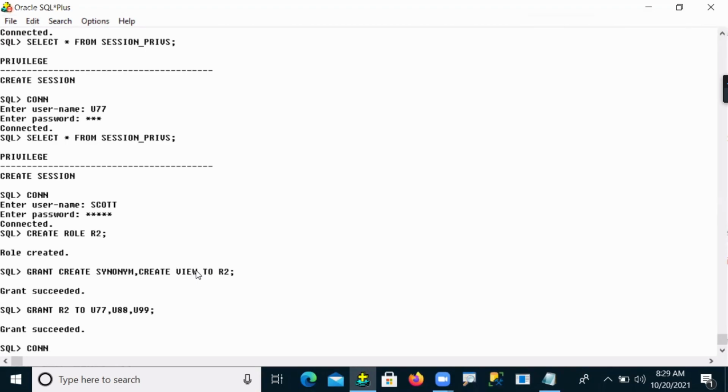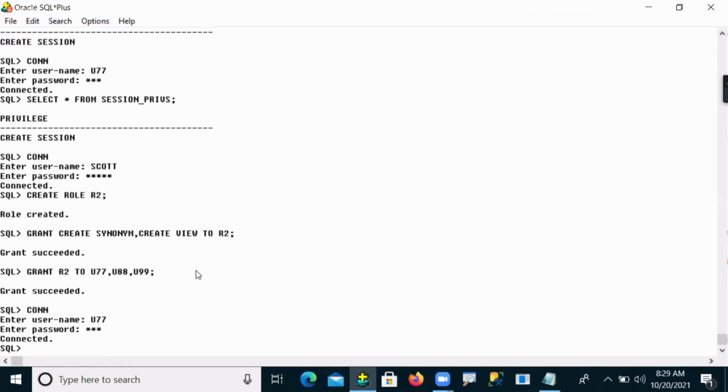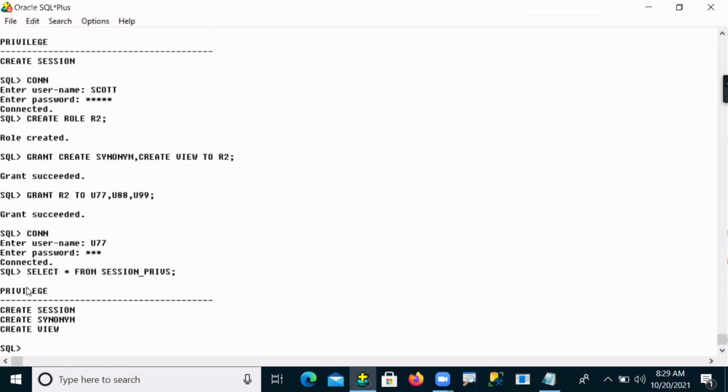Let's see now. Connect as user 77, and once connected, let me see what kind of privileges he got. Let me see session_privileges. Now see, he has create synonym and create view. So a group of privileges is assigned to a group of users with the help of roles.